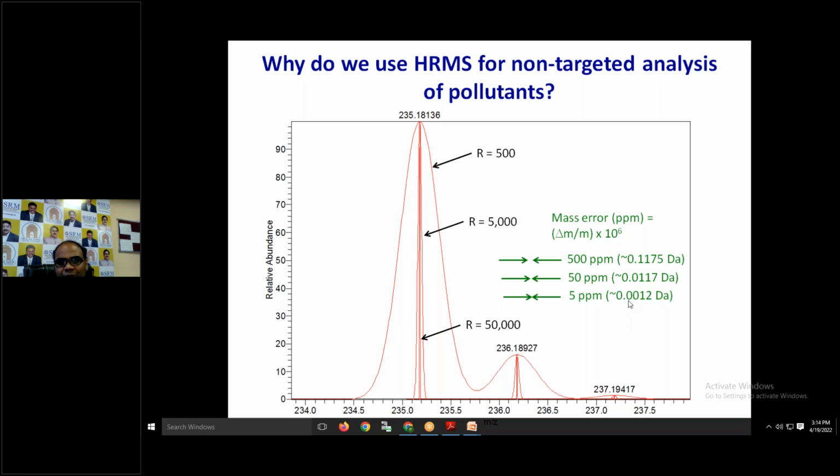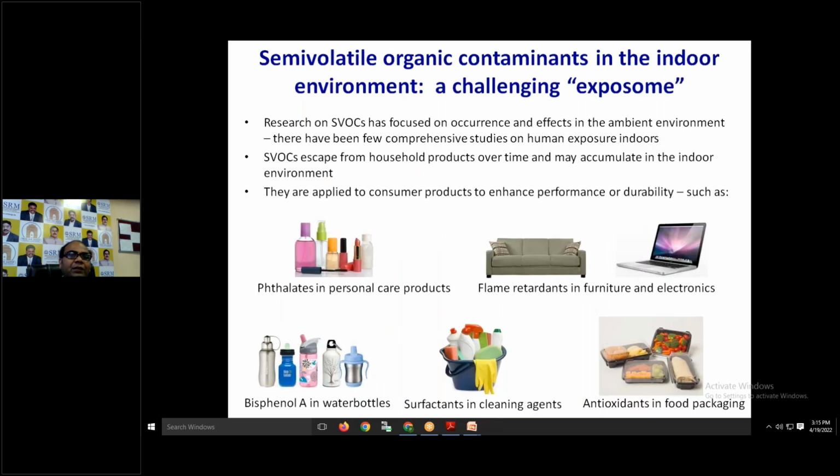The molecular mass you can see here 0.0012 Dalton, here 0.01117, 0.1175. So this much of your atomic mass we are going to identify, the fragment mass. So very sensitive, this one, very sensitive when you are taking a little amount of your solution, concentration of the solution, right? So that is why we are using this particular HRMS technique for the identification of presence of some